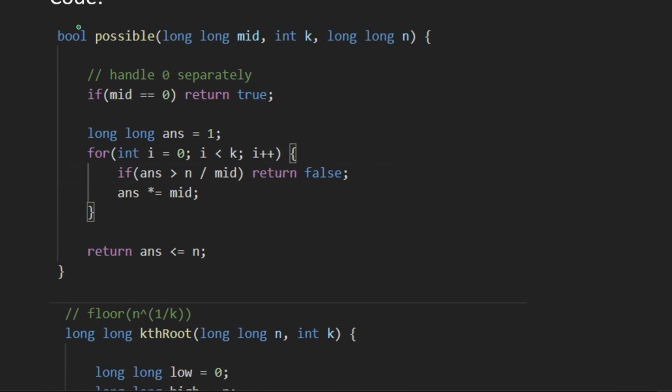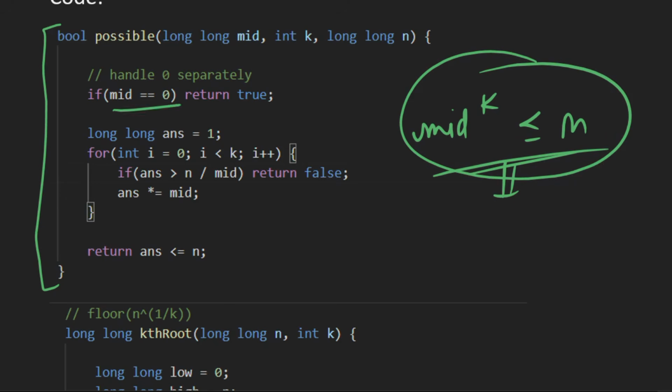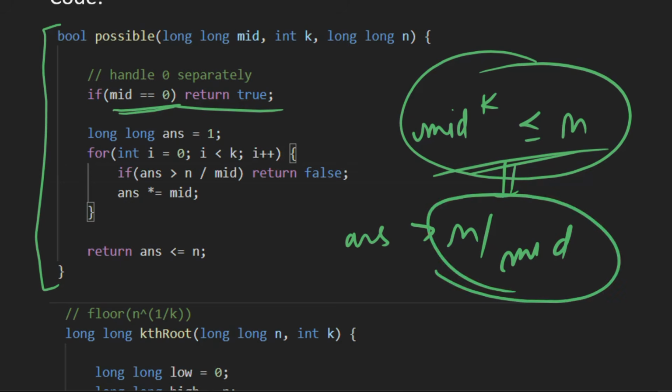So in the code part we have three functions. One is the possible function. What it does is check whether mid to the power k is less than or equal to n or not. When mid is equal to 0, we have to handle this case separately, because we are doing answer is greater than n by mid, and when mid is equal to 0, this division is not possible.